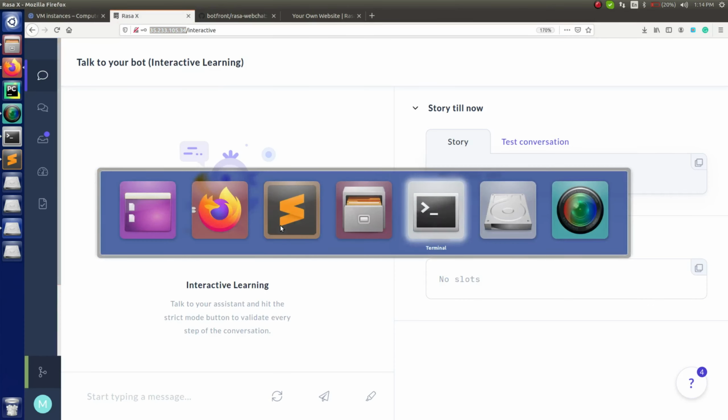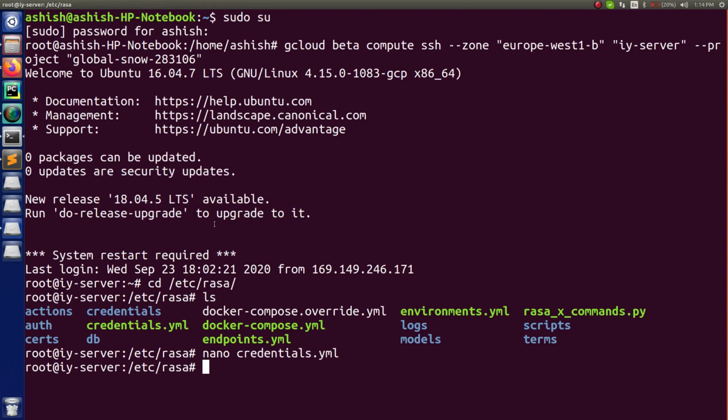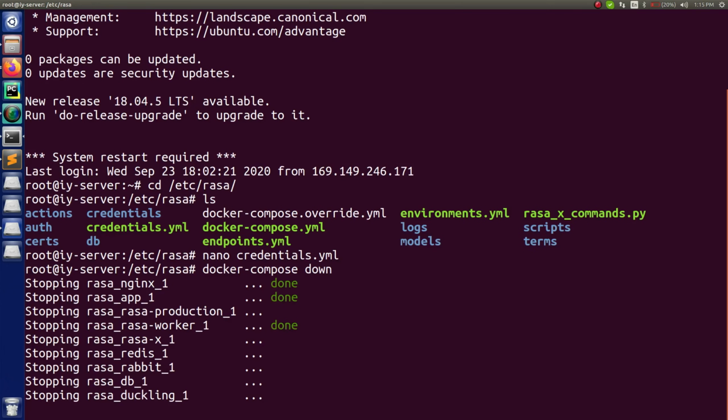And also one more thing we have to do over here right now, before making the changes to this part, what you have to do is you have to run Docker Compose down, because all the services are already running, and if you want your changes to take place, in that case you have to restart all the services. Otherwise it will not affect, and it will not make any changes onto the website where you want to link it to, right? So this is the reason we have to first do Docker Compose down. So right now I already have everything running, right? So that's why I'm going to type Docker Compose down.